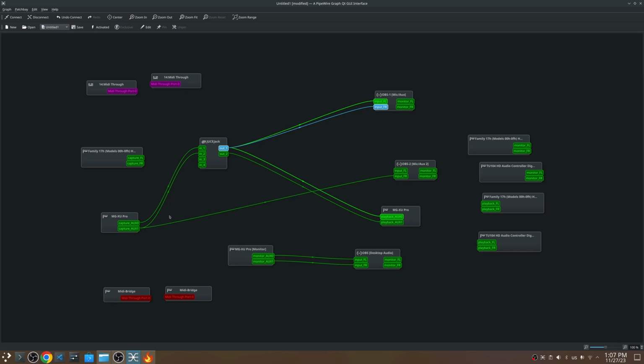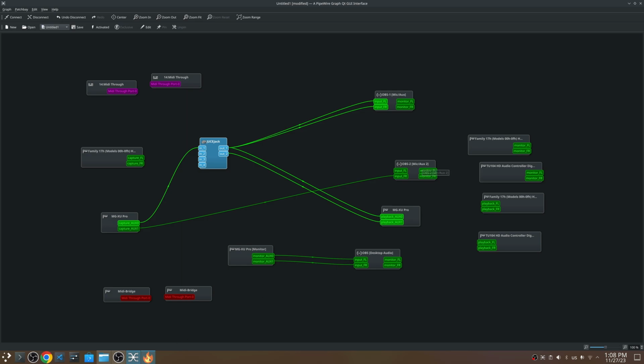Now I'm going to take this one here and disconnect that from the amp simulation because I do not have my microphone going into there. I don't want to hear my mic through the amp simulation. Okay, so the Juice Jack here is going into OBS, but it's also going down into the monitoring. I have it in OBS mic 1, and my talking voice is going to mic 2 in OBS.